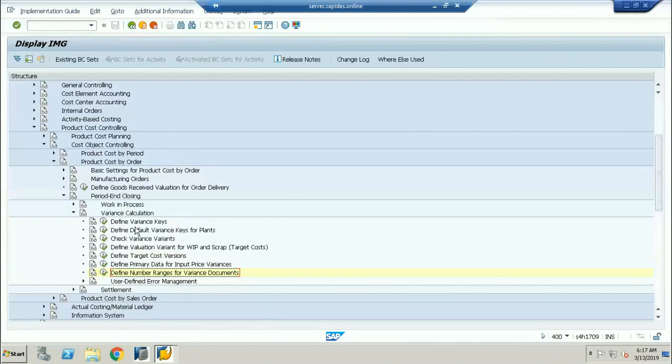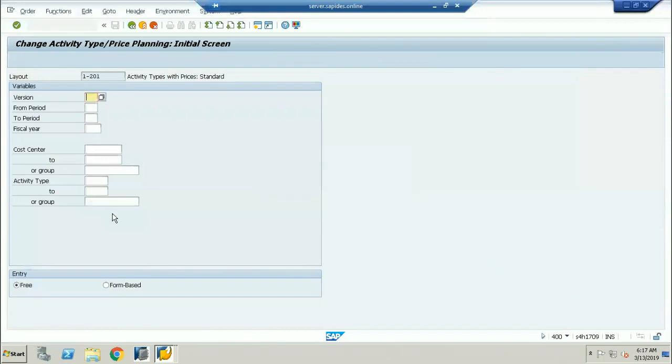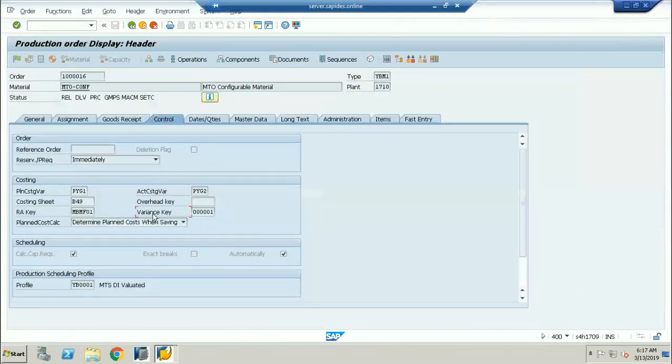Once you complete all these steps, your variance calculations have been given. Now, whatever key you have created, go to the production order, and that variance key you have to assign in your production order. Once you assign this variance key in the production order, only then will the system start calculating the material variances based on the work in progress. If the variance key is not maintained in this particular production order, it means your production order is not with work in progress; it is directly goods manufactured and sold to the customer.